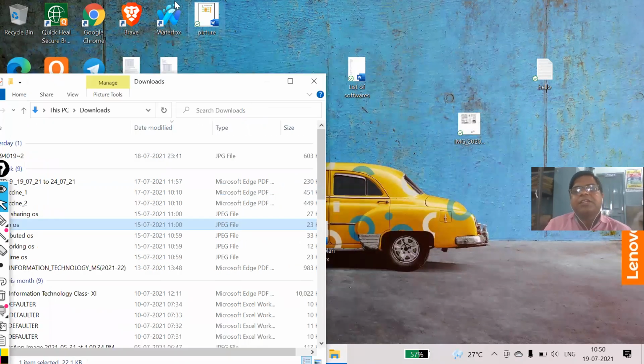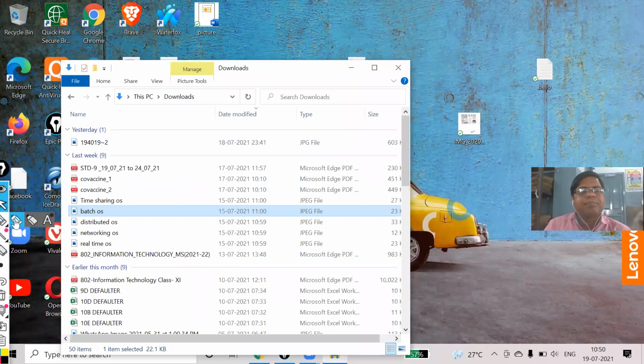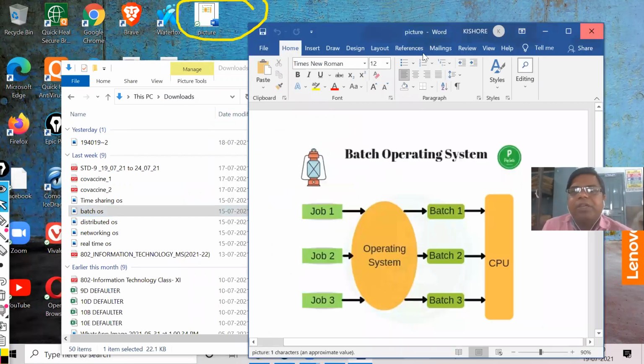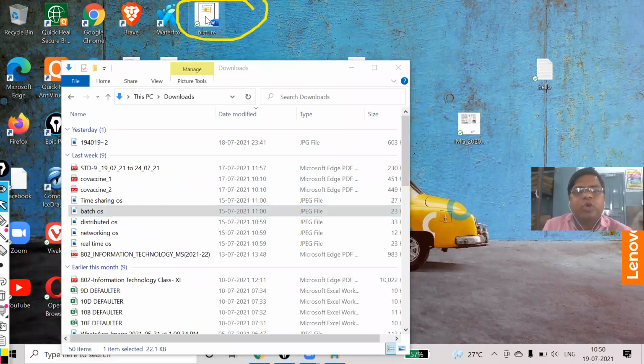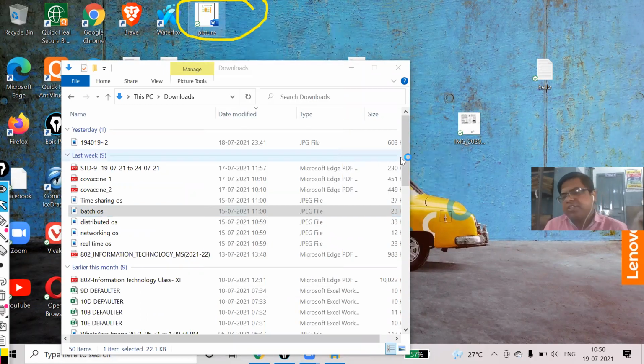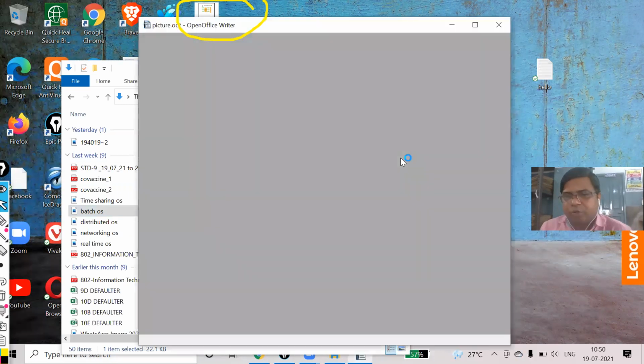See, the picture has come. You see here at the top. Now I'm going to explore this picture. Actually, it is open in Word, so I have to give the location. Open with OpenOffice Writer. So only in OpenOffice Writer it will be.